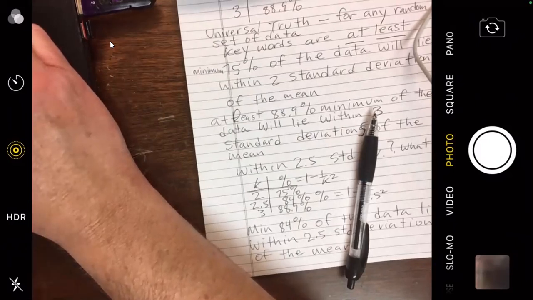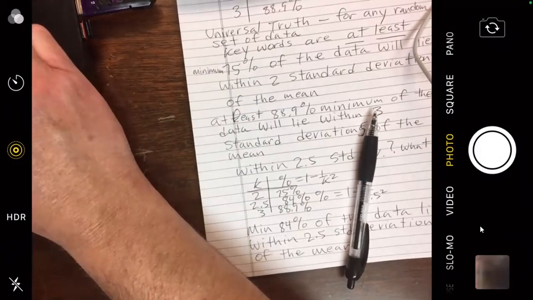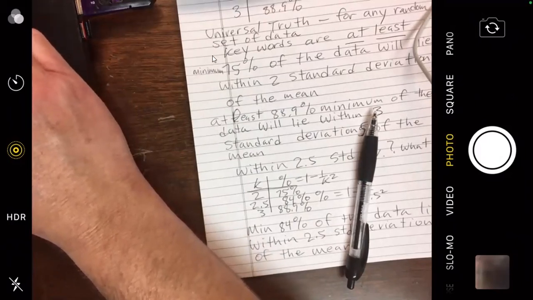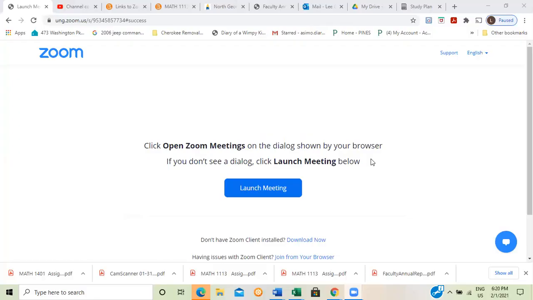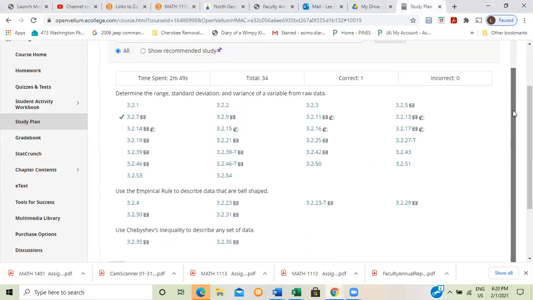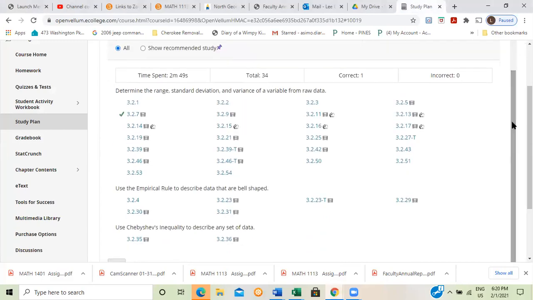I think you've got to stop share and go to screen. And let's see if I can find a study plan here. Yeah. And so let's try Chebyshev